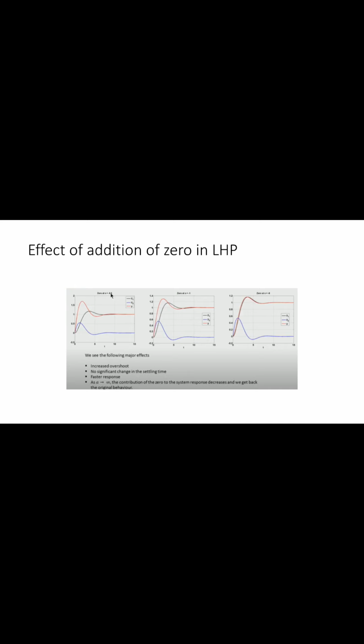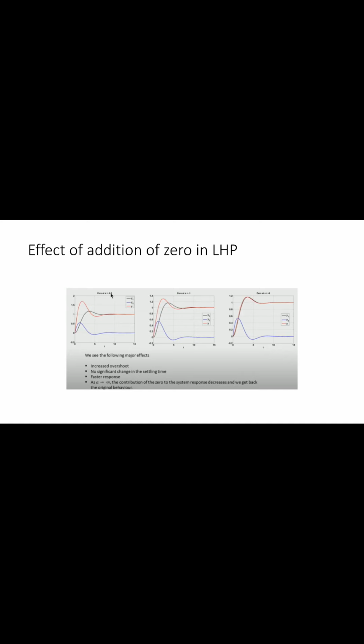If you see, three images are on your screen: the first one, second one, and the third one. What we are supposed to observe is the effect of addition of 0 in each of these cases. Now, there are three colors again in an individual graph: red, black, and blue. We are focusing on the red and the black one. The red one is your response after adding a 0, and the black one is your original response. Now let us compare your original response, that is the black response, with the red one, which is after adding a 0.